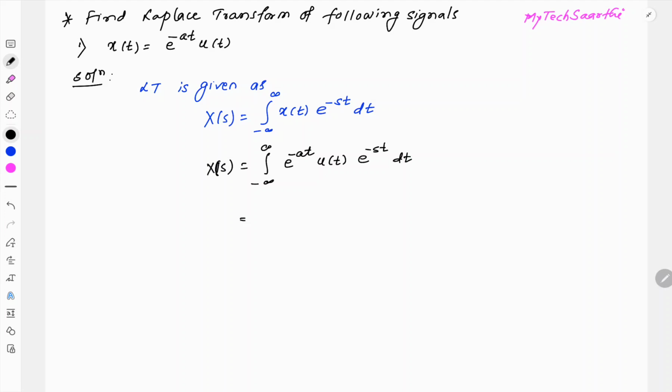So here we have u of t in our integration. So let us substitute the value of u of t. We have u of t equal to 1 and 0. So it is 1 for t greater than or equal to 0, and 0 for t less than 0. So we can split up the integration. So x of s becomes